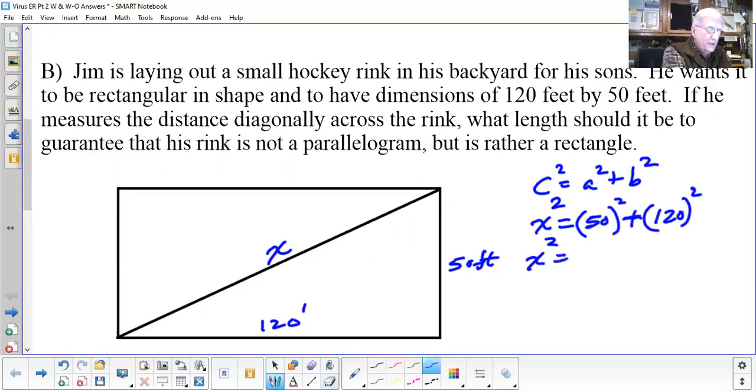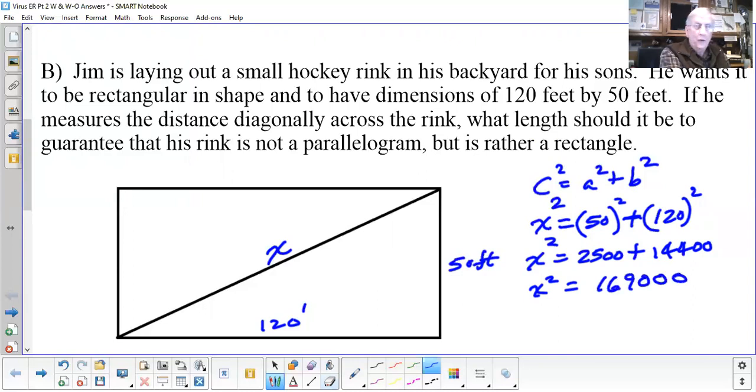So continuing the process, I square 50, I will get 2,500. If I square 120, I will get 144,000. Okay? And if I combine these two, I believe I will get 169,000. So you know that to obtain x, I simply have to find the square root of